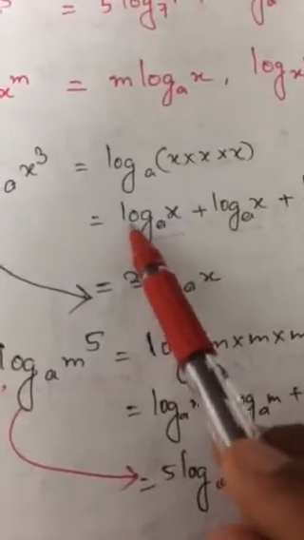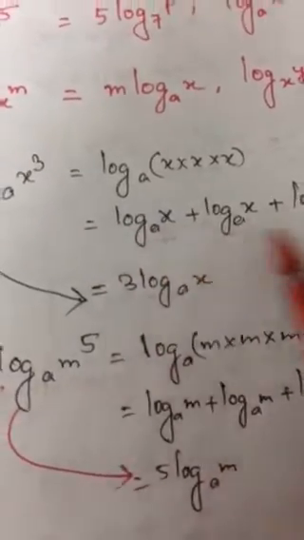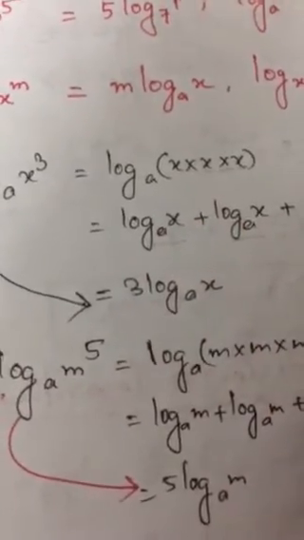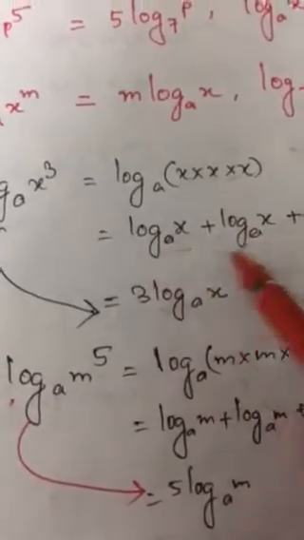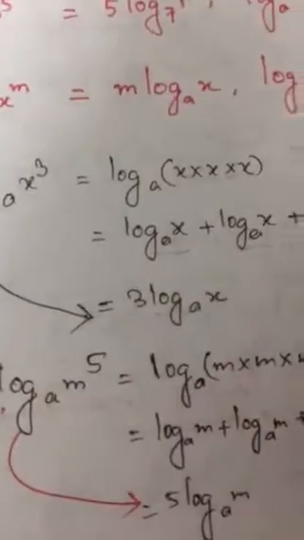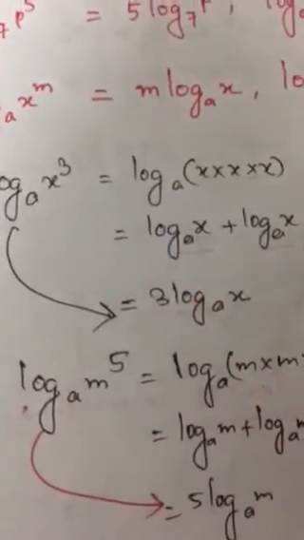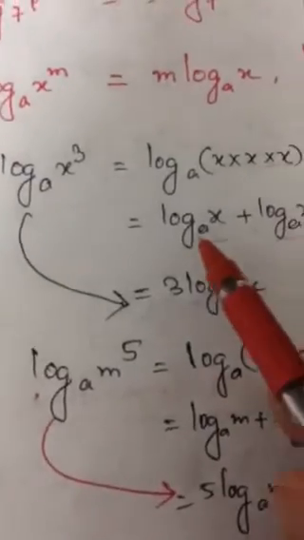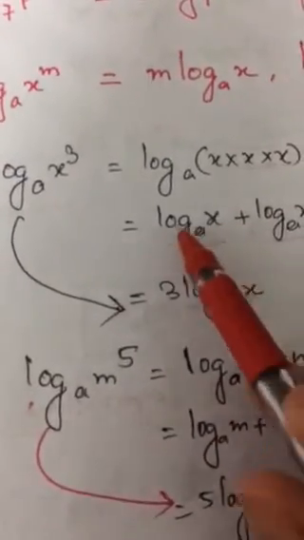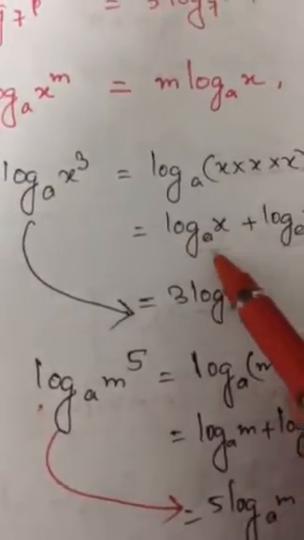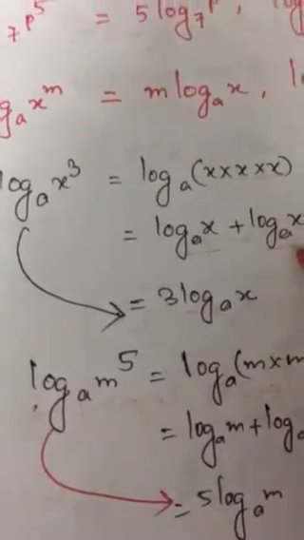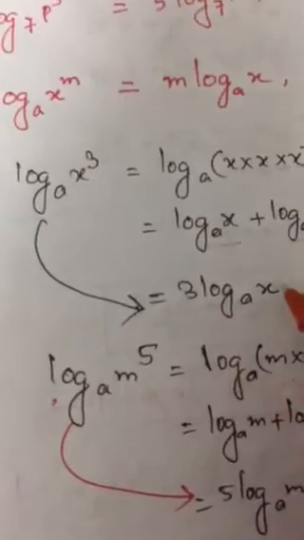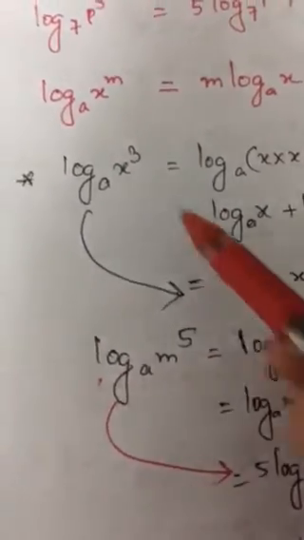So it is log, same if base are same and log is also same. In such same logs, these all are similar logs. Similar logs can be added, can be subtracted. So log of x to the power a plus log x to the power a plus log x to the power a, 3 times, 3 logs x to the power a.